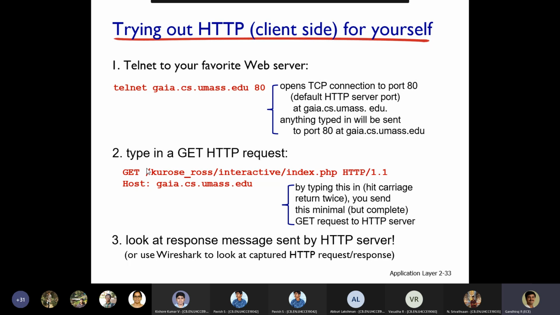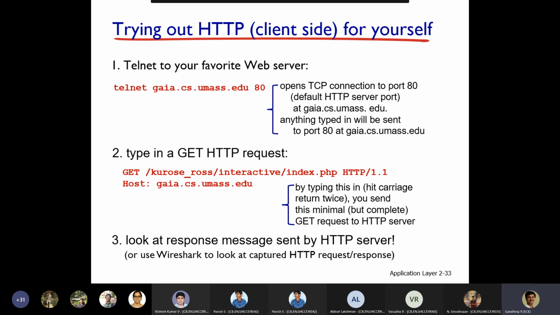I'm just giving an idea. So here they gave only the slash path to the index.php page. This is the page which we want, directly followed by HTTP slash 1.1. This is the host. By typing this, we can get the response from the server side.